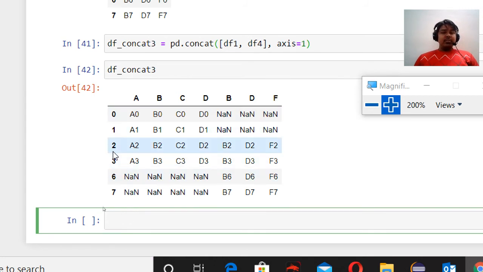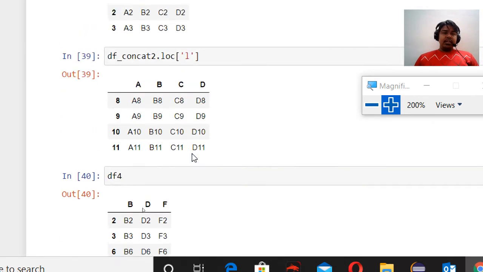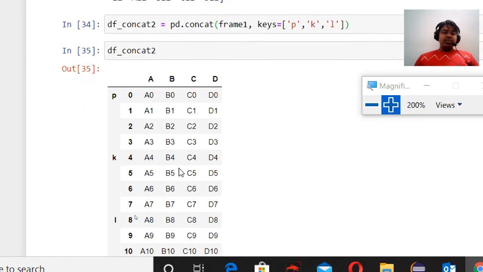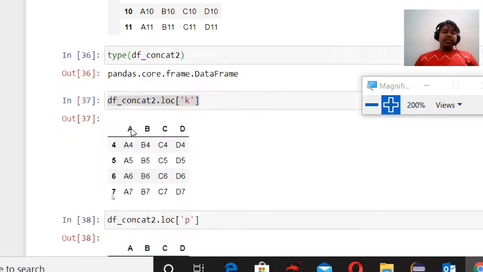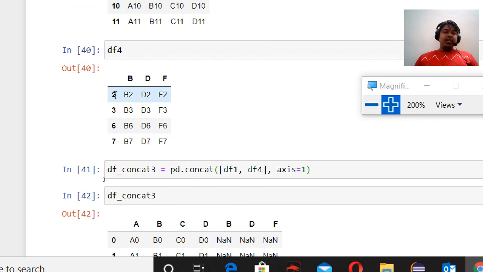Another thing is that you are seeing some NaN values, that is, not available values. So what happens? See, in data frame 1 you have the index 0 1 2 3, but in data frame 4 you have the index 2 3 6 7.